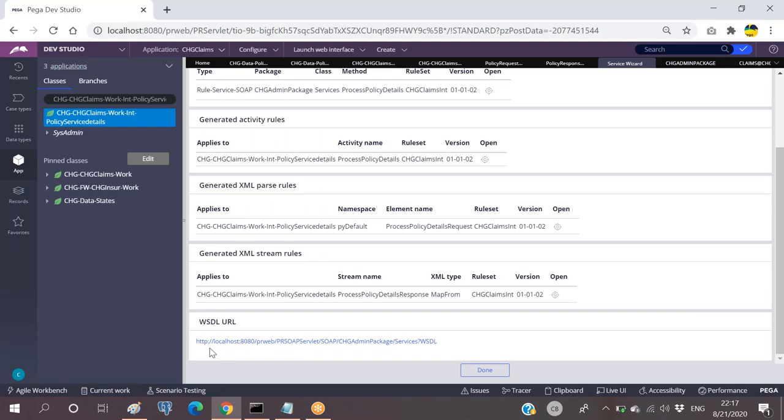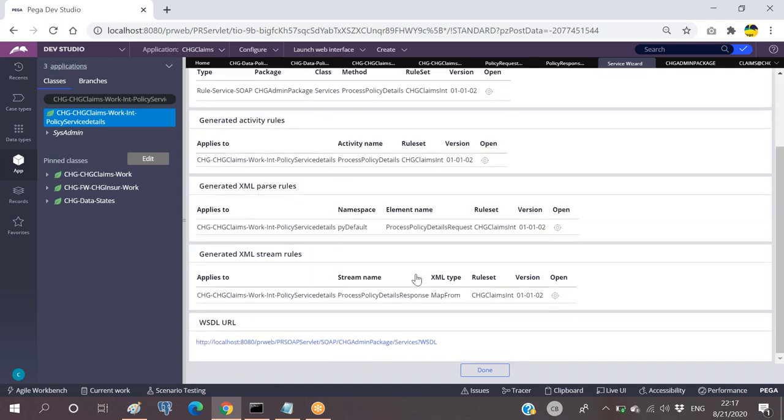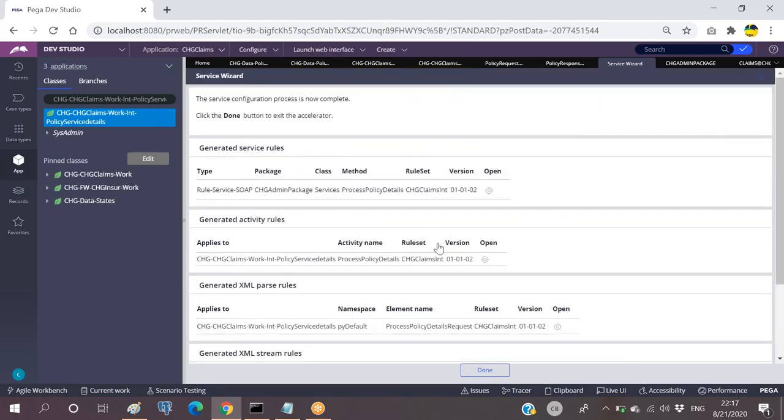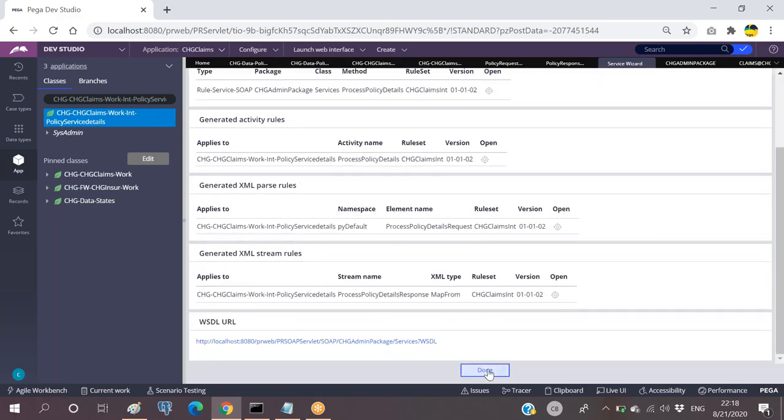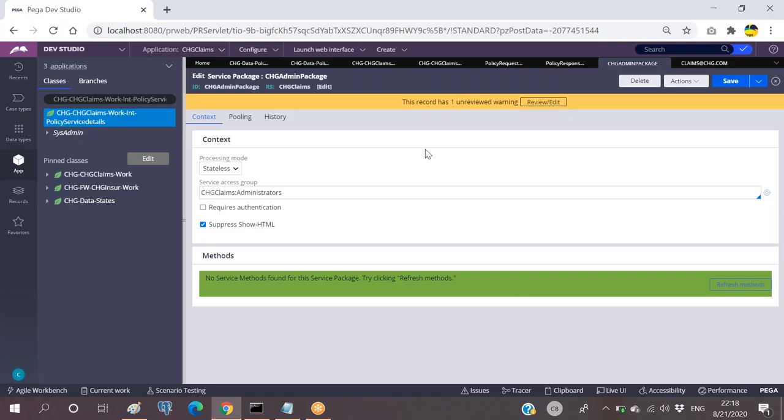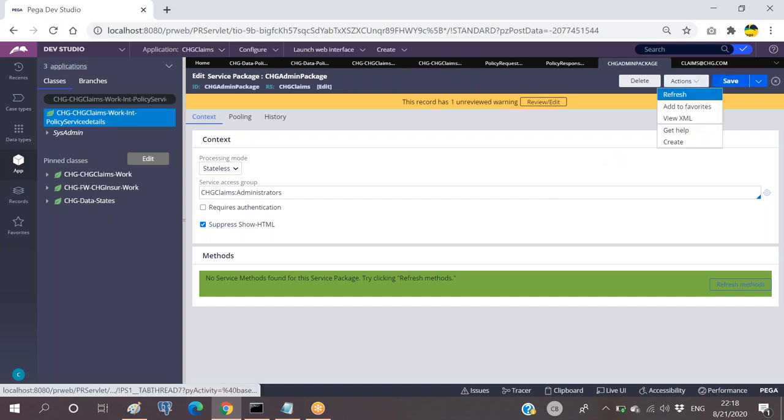As I told you, this WSDL file has to be shared with the requester, and based on this, they can consume the data. We have one activity created, parse rule created, stream rule created, and one service SOAP rule created. So just click on done. So that is closed. This is the service package rule we created earlier, right? If we refresh this,